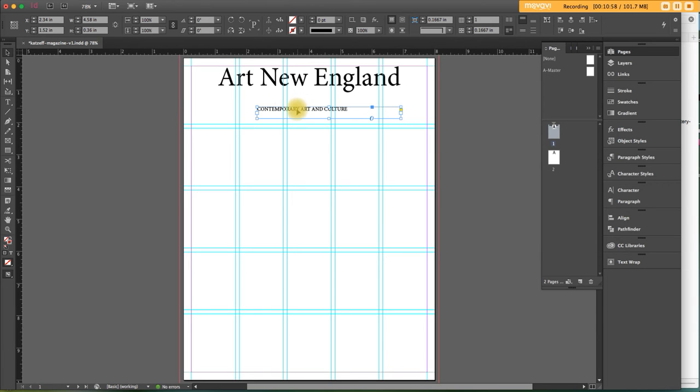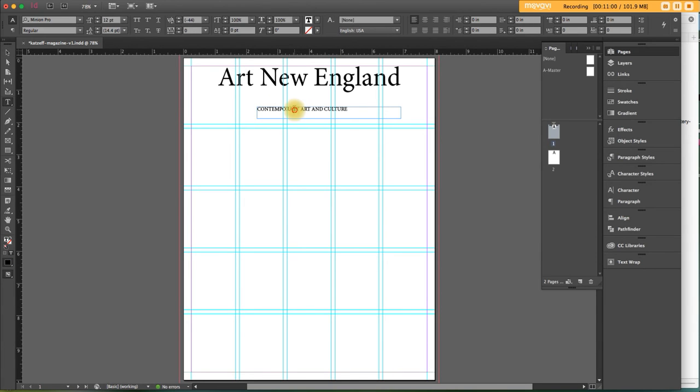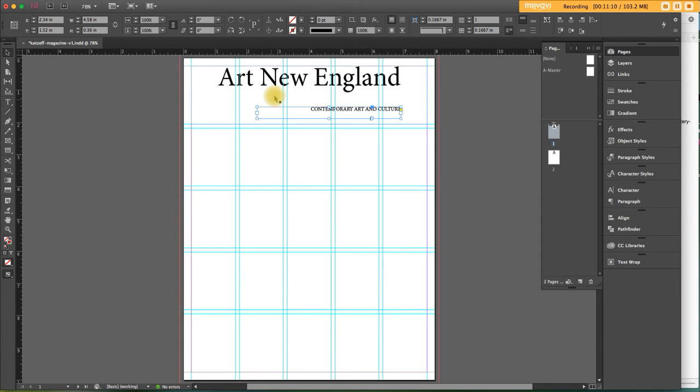If you double click in a text box like that, it automatically changes the tool to the text tool, which we like. I'm going to flush right that and go back to the selection tool and swing this up here. I want it to align with the right side of the D, but oops, I don't want it to be that close. So now I'll zoom in,